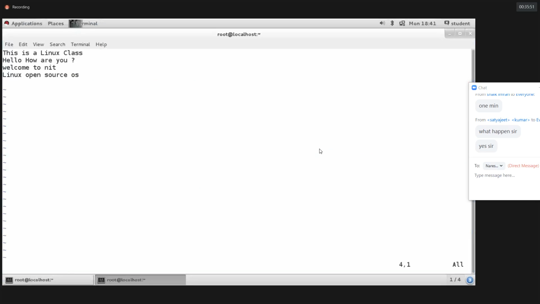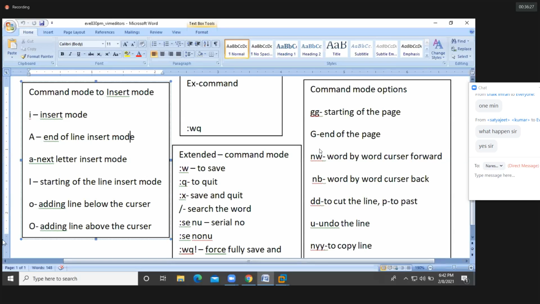Now my intention is I need to place the cursor from the starting of the line to the end of the line, and we need insert mode. I need to change the cursor position. The cursor is at the starting of the line, guys. I need to place the cursor at the end of the line, and we need insert mode. So capital A is an option we should use to place the cursor from the starting of the line to the end of the line, and then automatically we'll get the insert mode from command mode. Clear? Capital A, end of the line, insert mode.